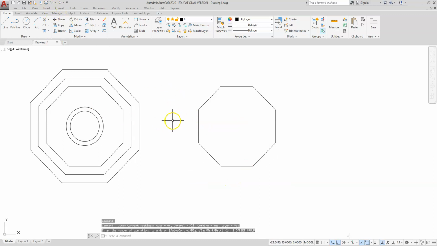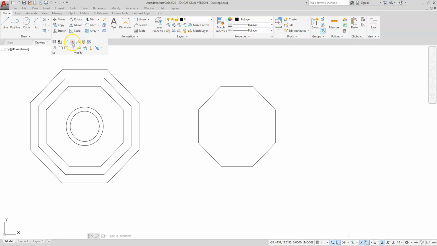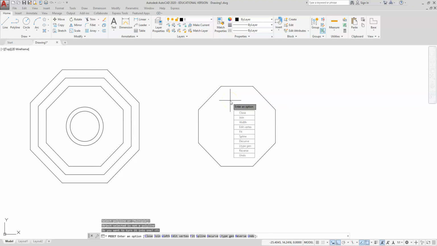If you have an object or a geometry or shape that needs to be made into a polyline, underneath your Modify toolbar is an Edit Polyline button. So if you go to Edit Polyline, you will select an object. AutoCAD's going to look and determine if it's a polyline. If it's not a polyline, it's going to ask you, do you want to turn it into one? And we want to hit Enter for yes, and then Join,